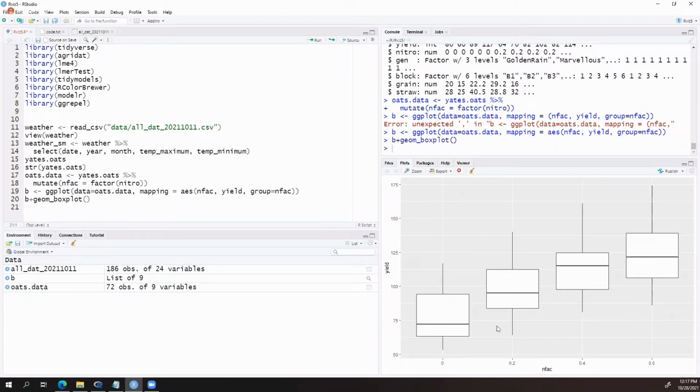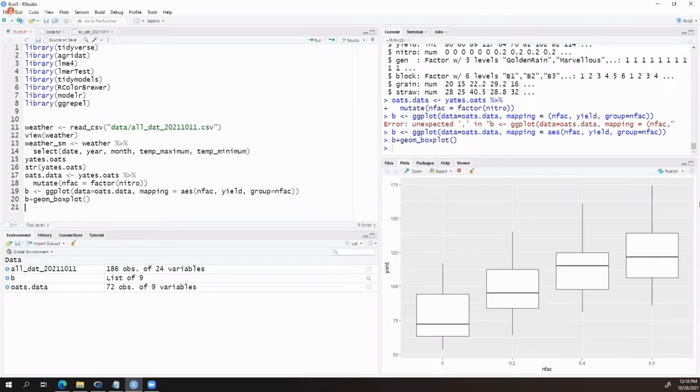You can see that it very quickly takes those factors. It shows the NFAC, the nitrogen level as a factor down below, and it plots the yield for those data points in those box plots. If you were doing a quick scan, that might be enough to tell you there's not a lot of difference between those, especially the higher nitrogen yields. But you might want to add to that.